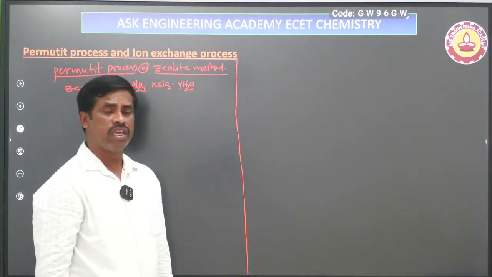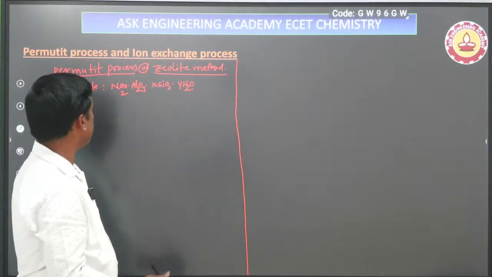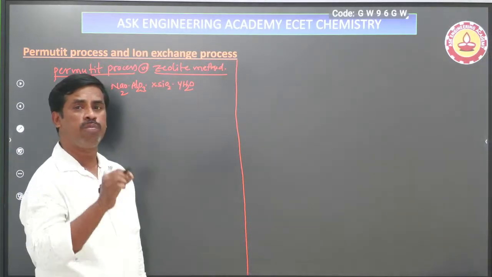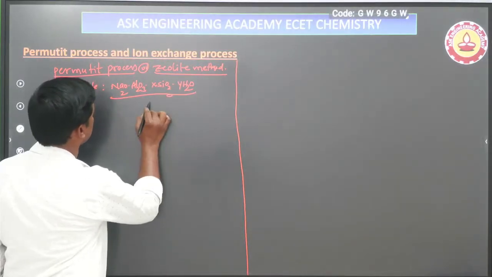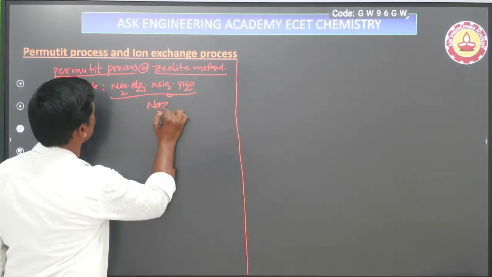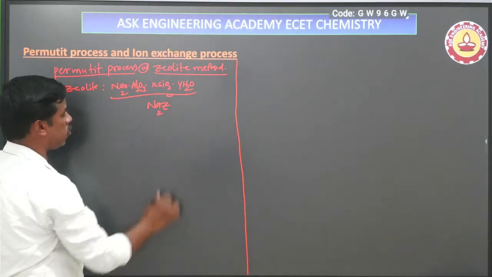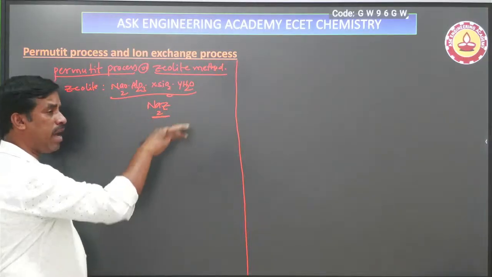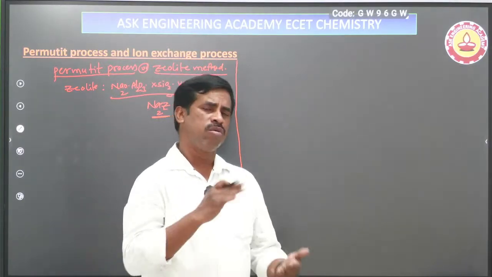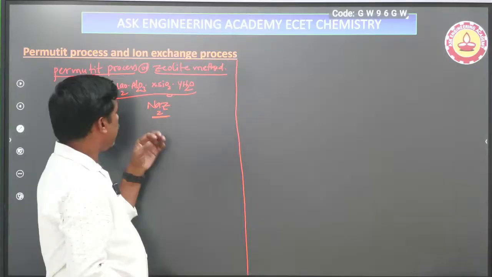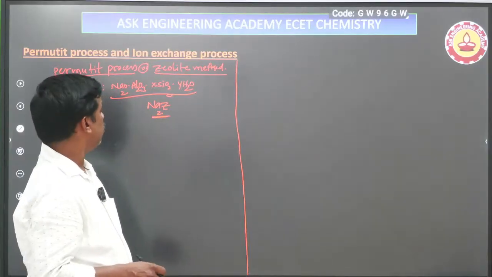Exactly which zeolite are you using? Sodium zeolite is used for the water softening method. This sodium zeolite has a large number of microporous structures. It is simply written in the form Na2Z, where Z is the remaining Na2O, Al2O3, xSiO2, yH2O, etc. Whenever sodium zeolite is added into the water, dissolved calcium and magnesium chlorides, bicarbonates, whatever it may be, combine with the zeolite, and the pure water is sent into the further process.